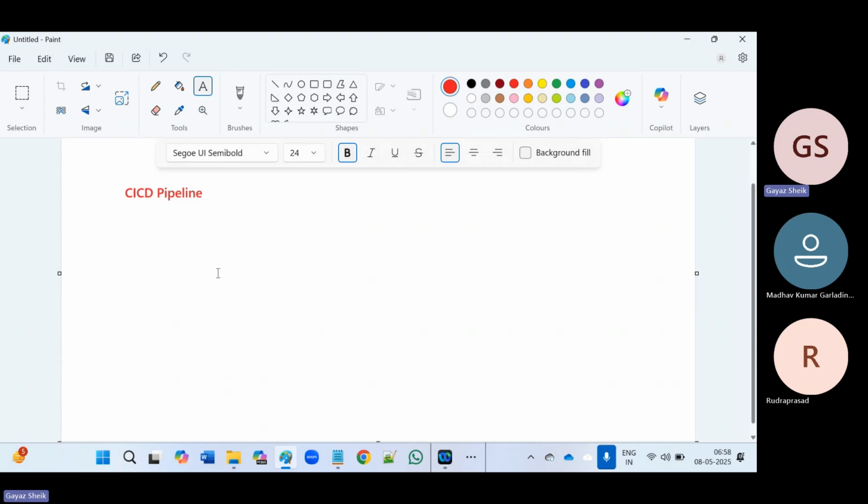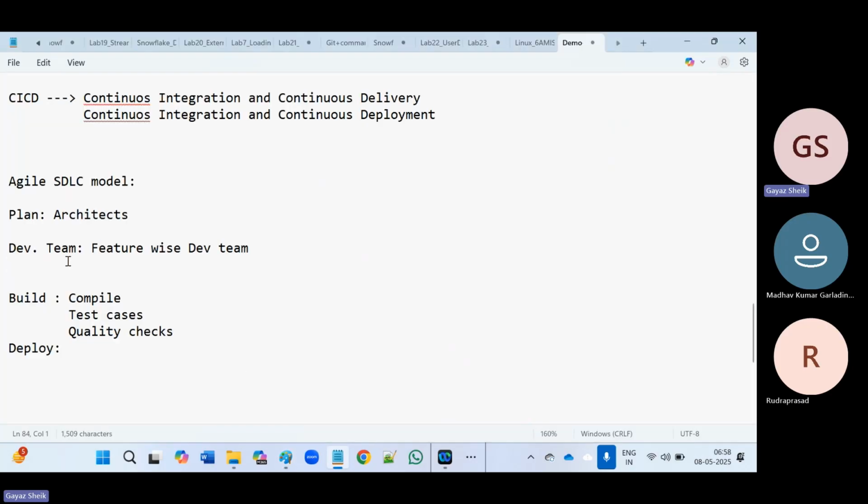So how are we going to get this code? Whenever there is code ready at the end of every sprint, our development team will push the code to the SCM. You know the sprint, right? A sprint is nothing but around 10 working days or 2 weeks, in most cases. So at the end of every sprint, the dev team